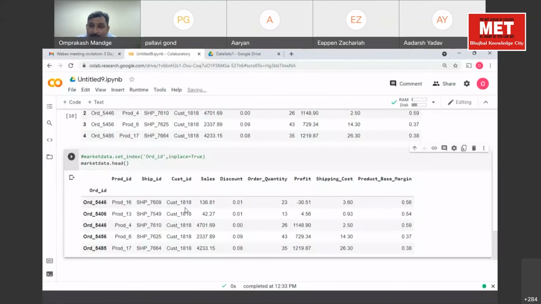Sir, if we do not use inplace, then also it is by default taking inplace as true. Yes, by default inplace is true, but I want to explain that the function is going to replace the previously generated index and will get the new index here.